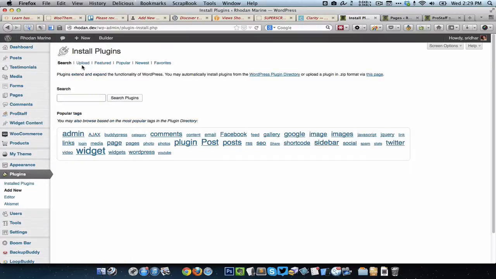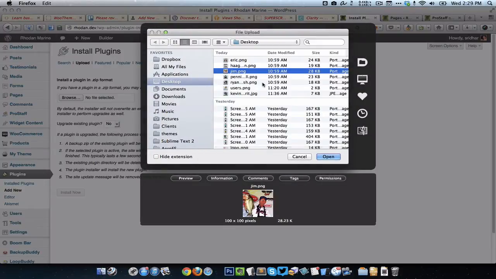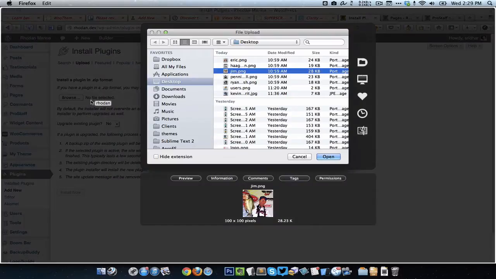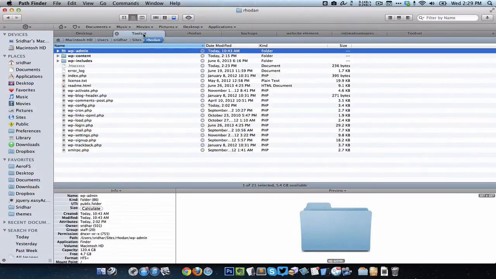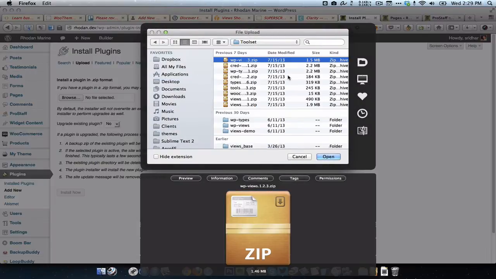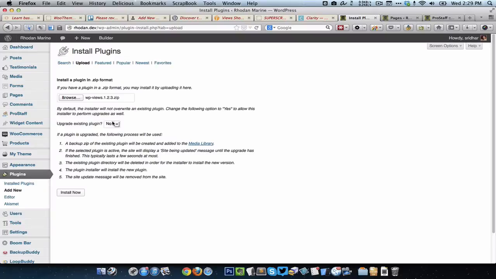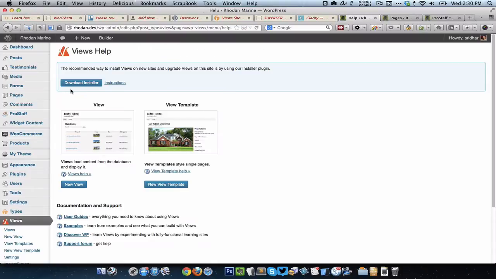It's not free. And activate it like any other plugin.